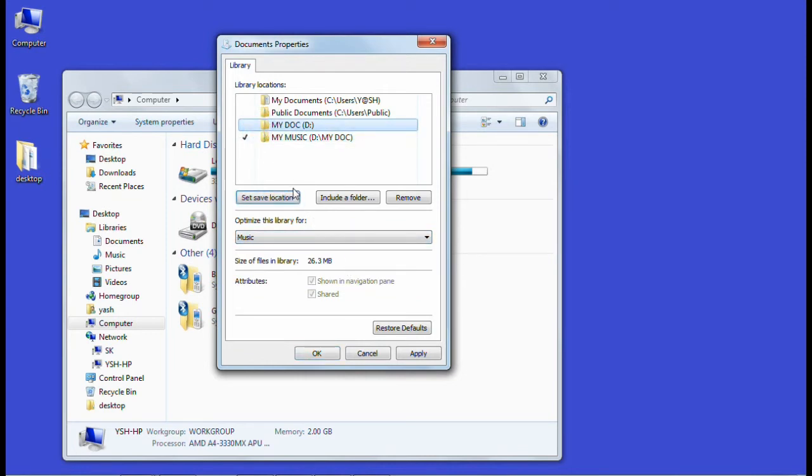Okay, and by default you have to select one as the set save location. So whatever folder you want to make default, you have to select that. Okay, so this is the way by which you can move your My Document folder to some other place from the C drive and save your data.